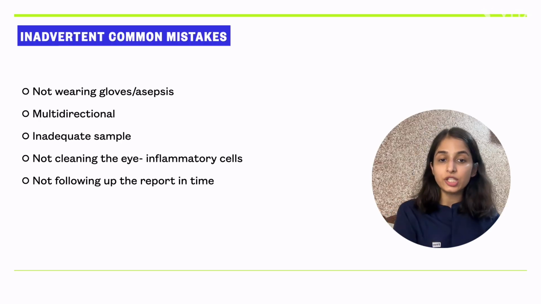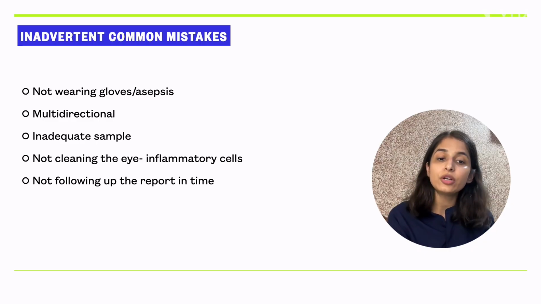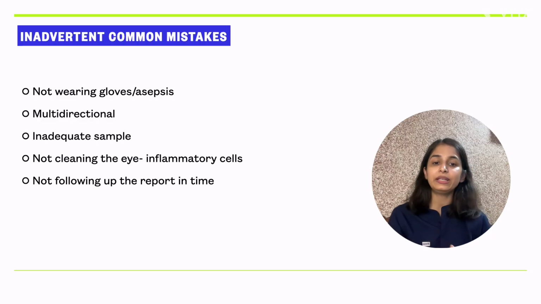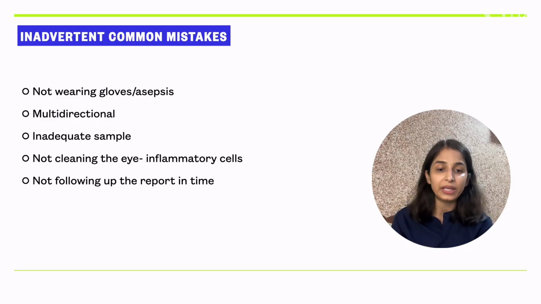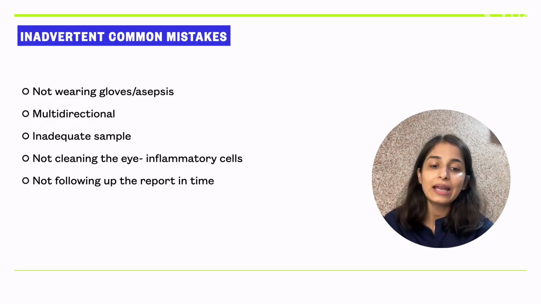This slide highlights common errors during corneal scraping that can reduce the diagnostic yield or cause contamination. The procedure must be performed with proper gloves and aseptic technique. Scraping should be controlled and preferably directed towards the active ulcer margins. Multidirectional or superficial scraping may produce inadequate sampling. Before sampling, gently clean the excessive discharge without contaminating the cornea. Avoid touching the lashes or eyelids and use a fresh, sterile instrument for each sample. Finally, specimens should be inoculated or sent promptly, and microbiology reports must be followed up in time so that treatment